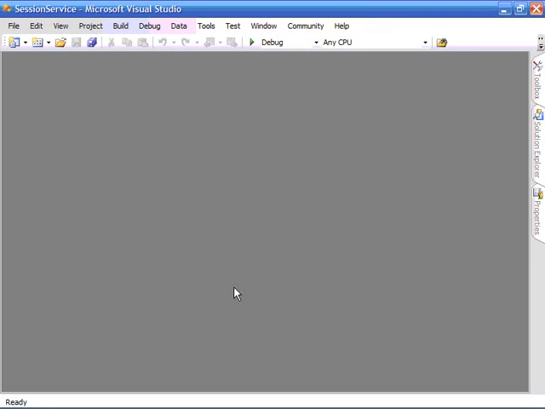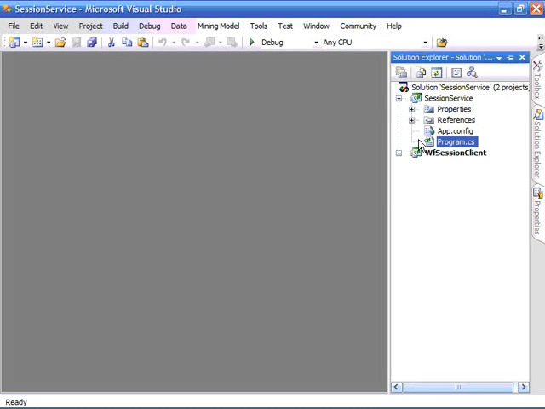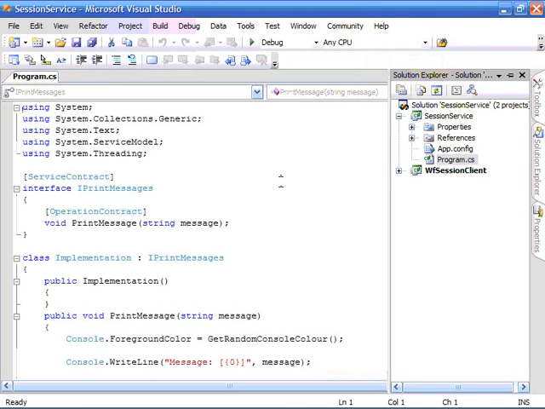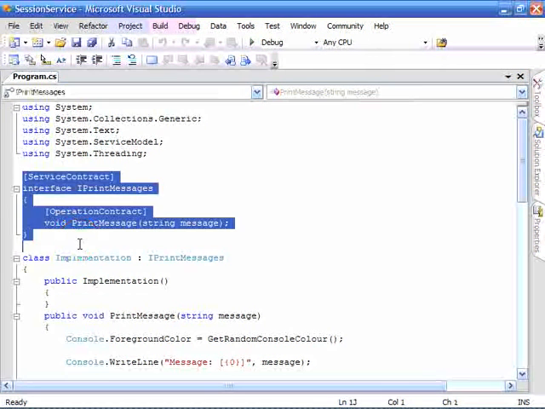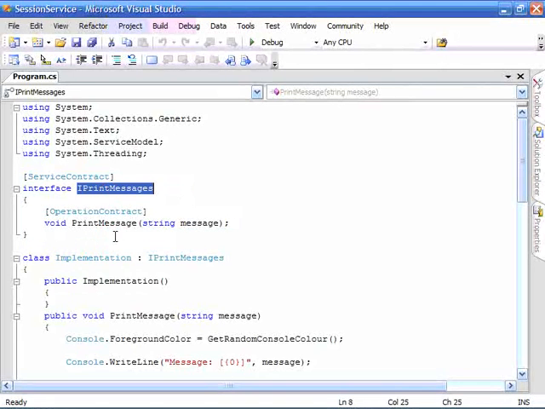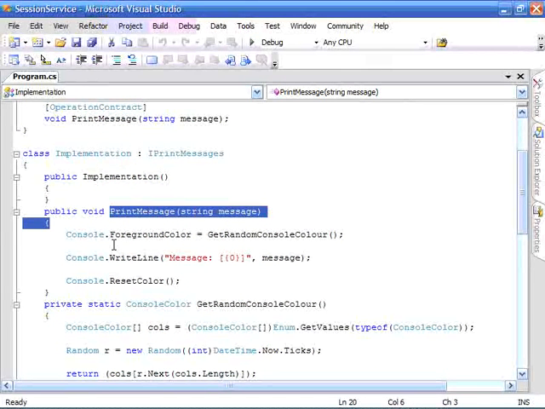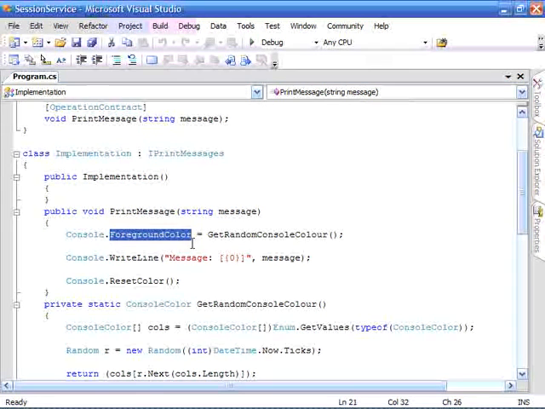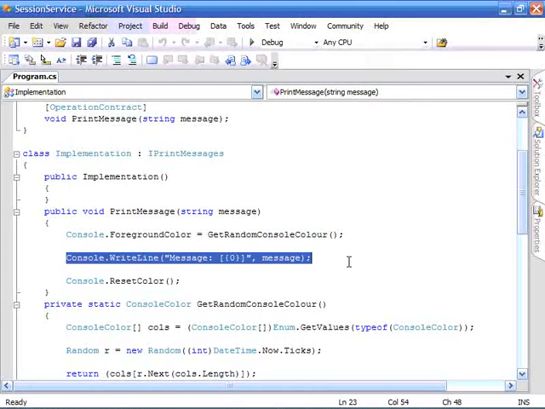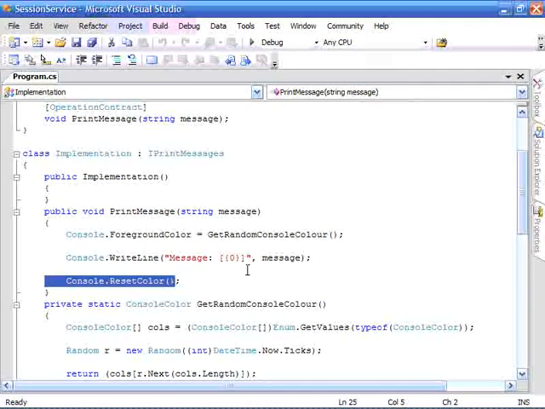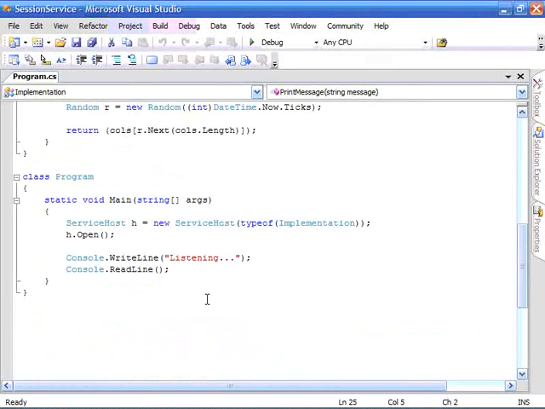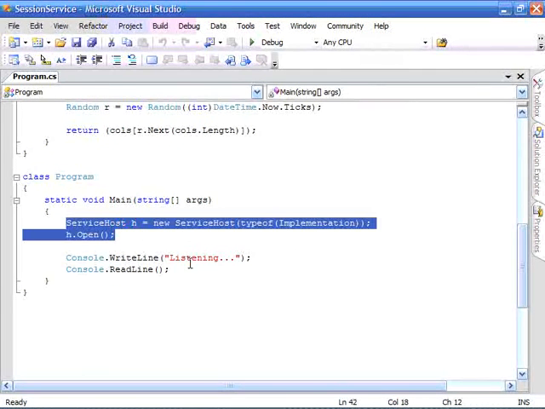We're here in Visual Studio 2005 and I'm using the WinFX September preview. I've built two simple applications. One is a console application, and all I've done is define my service contract, and you can see it just prints messages, and I've implemented that. In the implementation all we do is choose a random console color, write the message to the console, and then reset the console's color. Simple as that. And we've used what by now is standard service hosting code